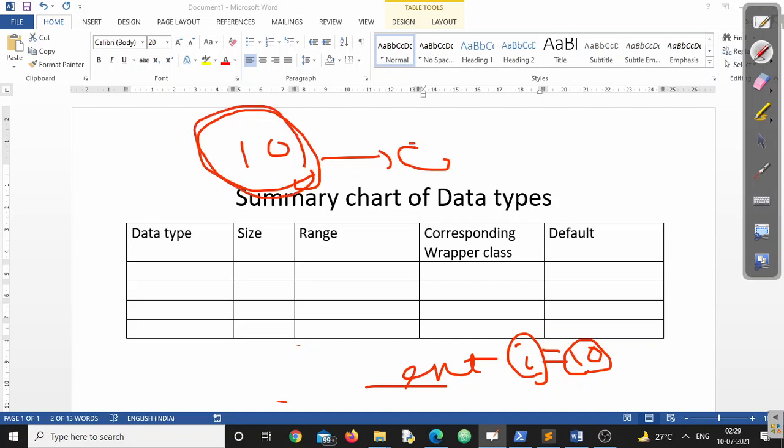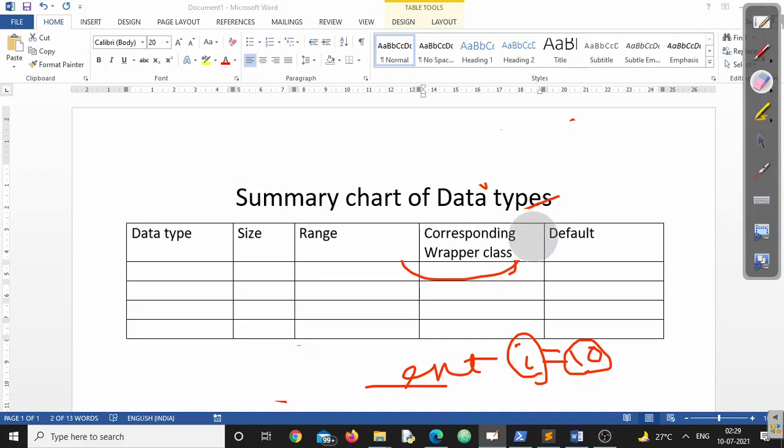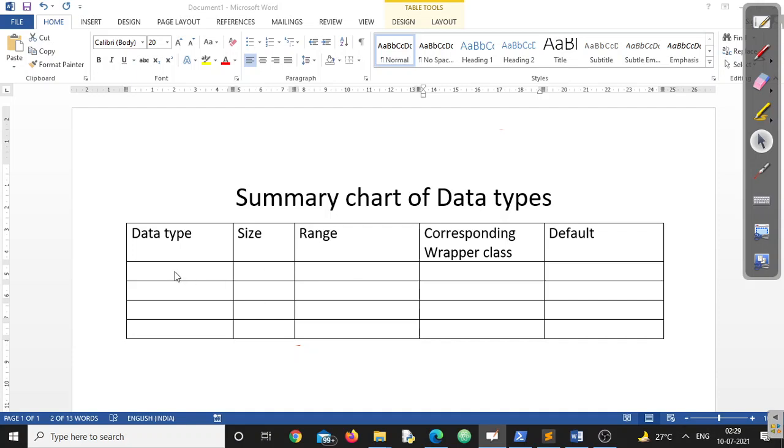I want to wrap this into an object. Now here the role of the wrapper class is to help me in converting this into an object. Since this will help me wrap this primitive value in an object, this is called a wrapper class. This is one of the simple definitions, one of the simple concepts of wrapper class, but in detail we'll discuss in some other videos, right?